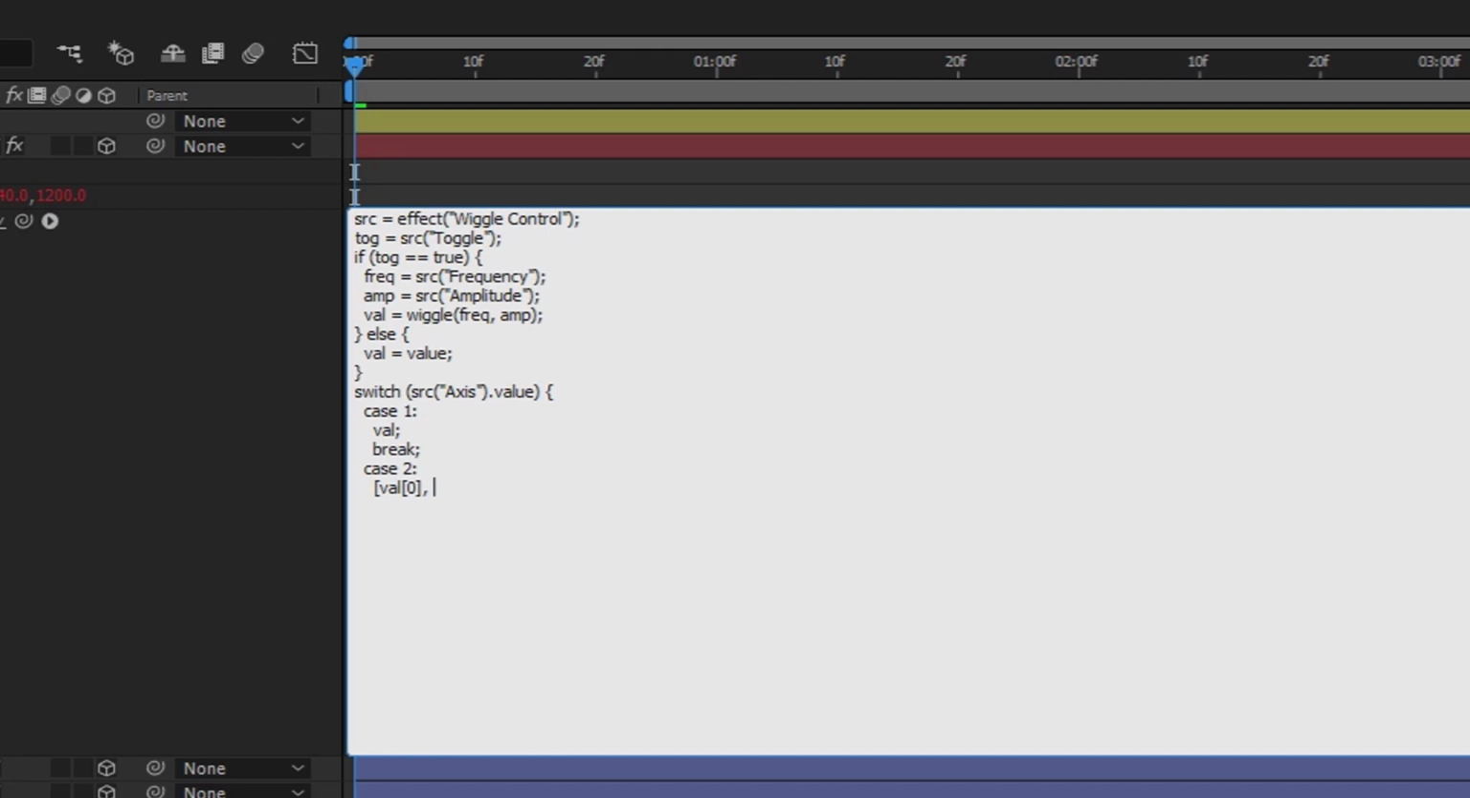And then space, value, open square bracket, 1, close square bracket, comma. And then do this again for the third index, value, open square bracket, 2, close square bracket, and then close the entire array with another close square bracket. Now after this, add a semicolon, go to the next line, indent 4 spaces, and then we're going to break the loop, semicolon. So this is going to output the x-axis of the wiggle and then the original position value